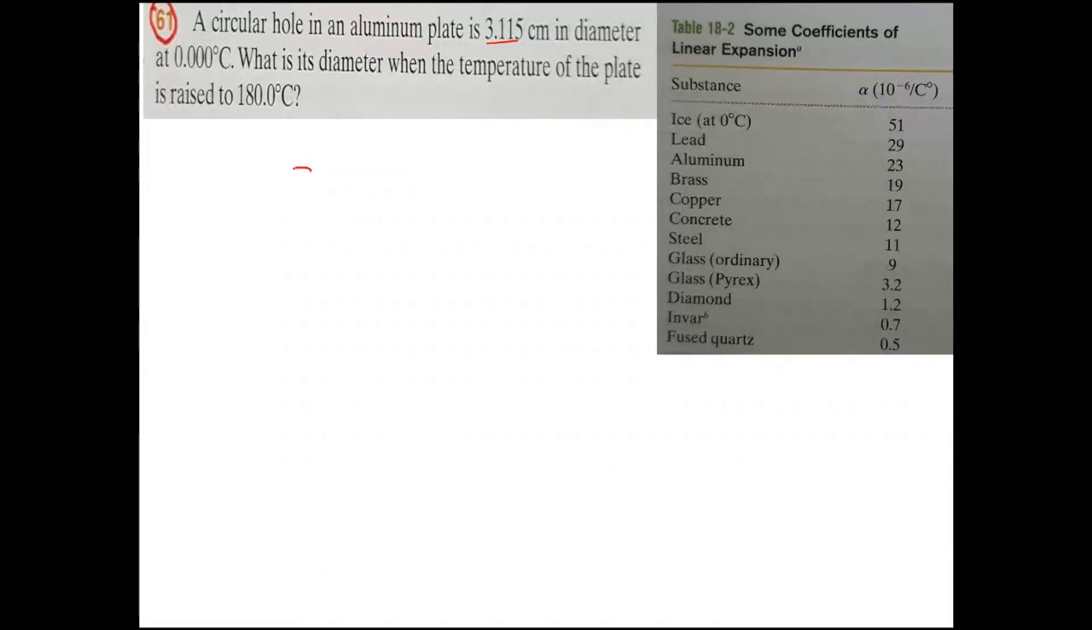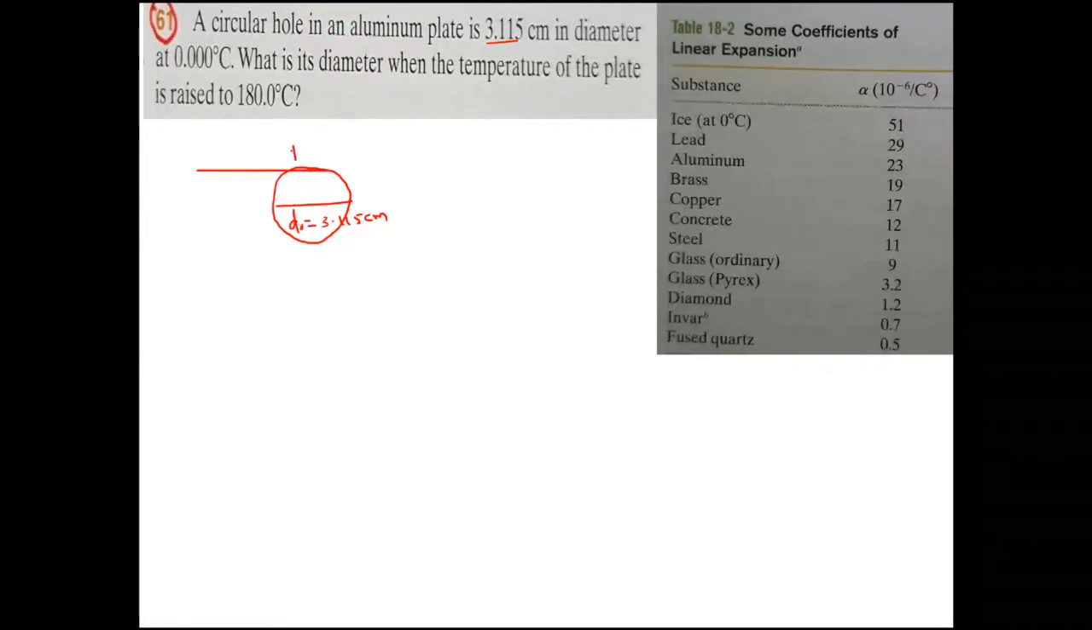That means I have a circular plate made up of aluminum. And what is its diameter? I'm going to take the diameter as D0. The diameter of the aluminum plate is 3.115 centimeter. Clear? And what is the temperature at that time? 0 degrees Celsius. Now, you are going to heat this aluminum plate to